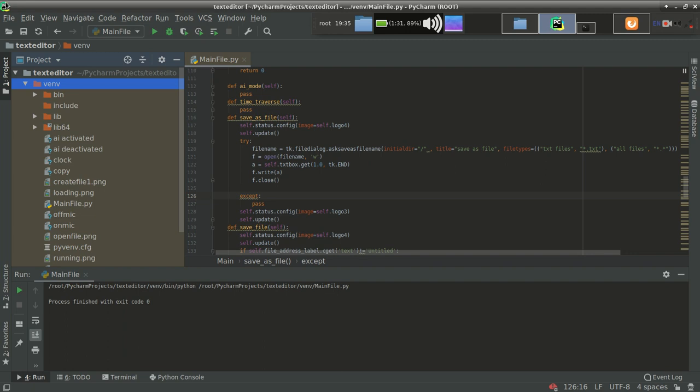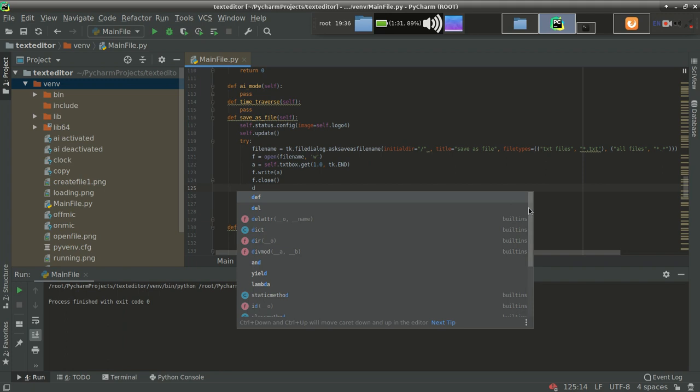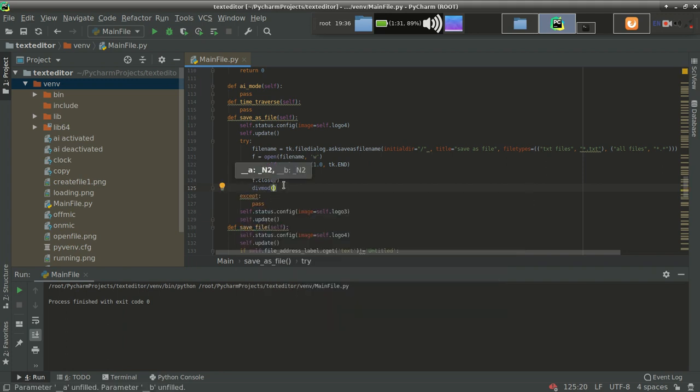If you don't know, then let me tell you what suggestion means. If you are typing something, your editor or the tool you are writing in will suggest some words automatically, like this one. If I type D, then it is displaying me the list of words. I can choose any one of them, like DV mode. You can see that I am getting that word also. So this feature is called word suggestion.